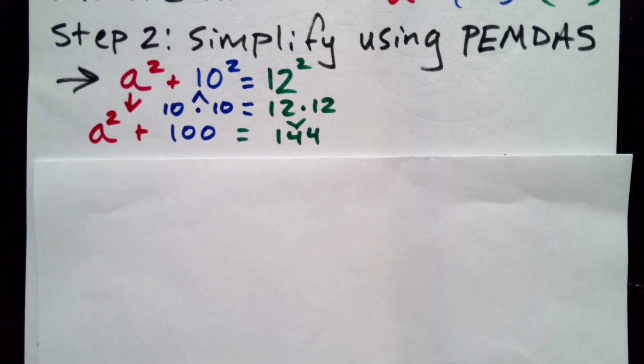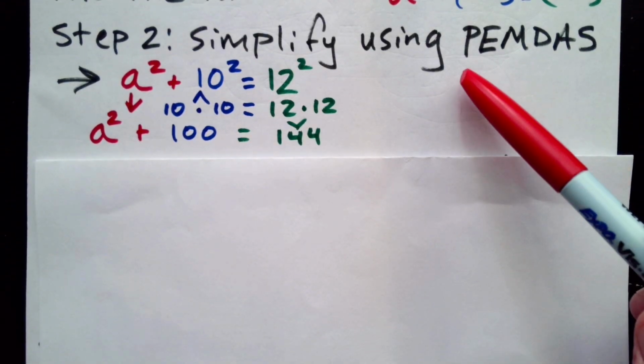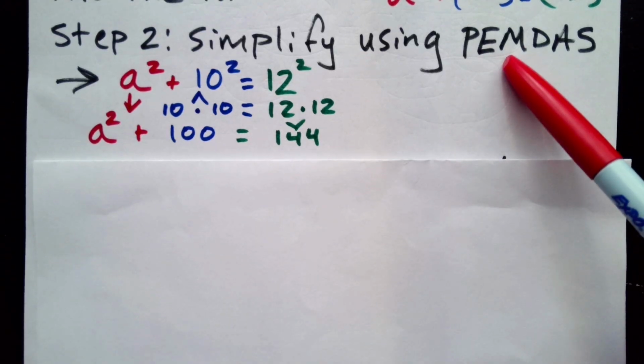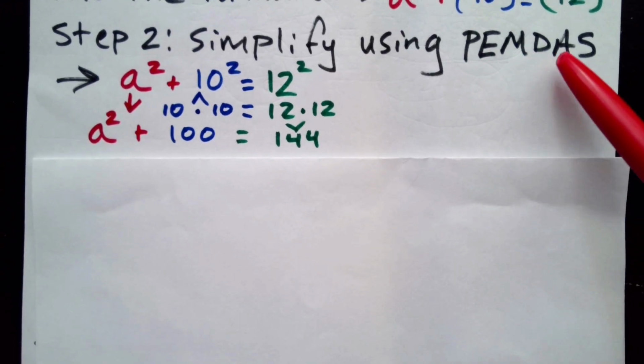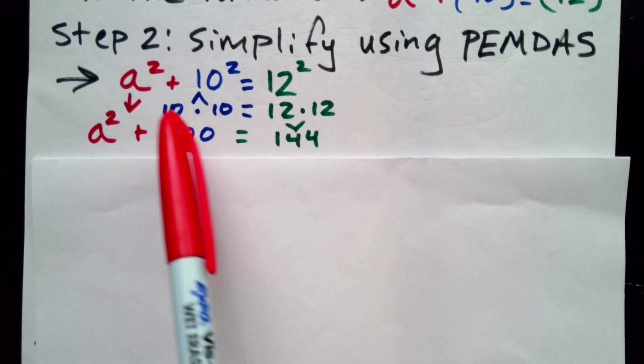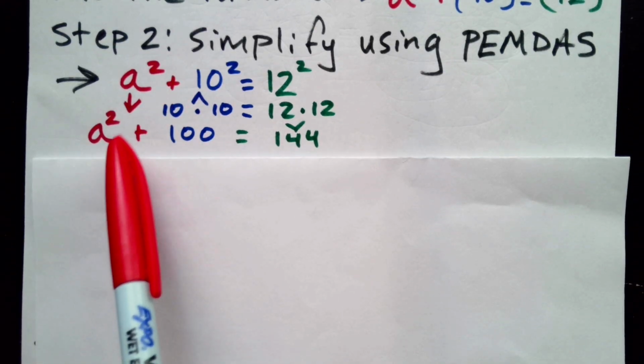Remember? Please excuse my dear Aunt Sally. This is the order of operations. Parentheses are first. Then we do exponents. Multiply, divide is next. Add and subtract after that. So I'm just going to continue to bring down this A squared value because there's not much I can do